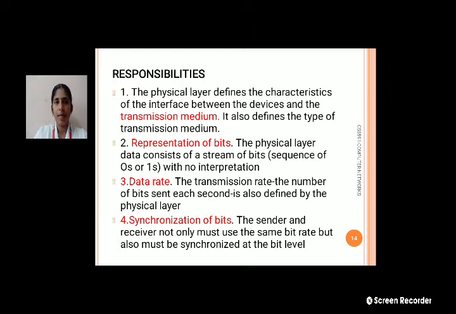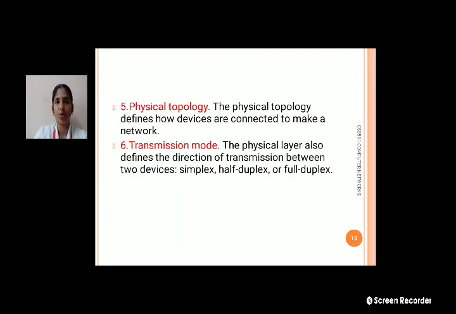And the data rate: the number of bits that can be carried in each second is known as the data rate. In synchronization of bits, the sender and the receiver must not only use the same bit rate but also be synchronized at the bit level.